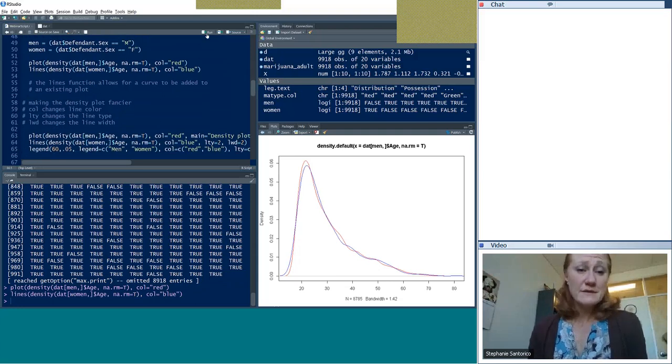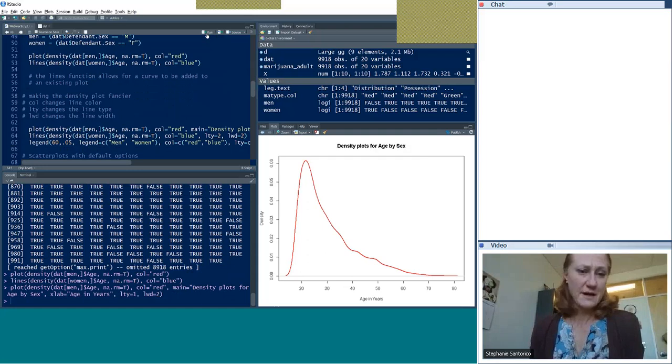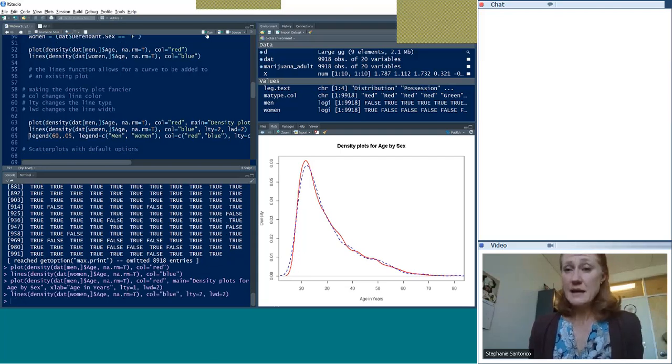We can make this fancier, so I'm giving you a few other options. So I changed the color. You can change the line type, and so that link I had in the comments will show you all the different lines that you have access to. At least for my eyes, those plots are a little bit skinny, so you can make them bigger. And so I'm redoing the plot with some of those options. All right, so it's a bit fatter. I changed the x-axis label, I put a main title on there,